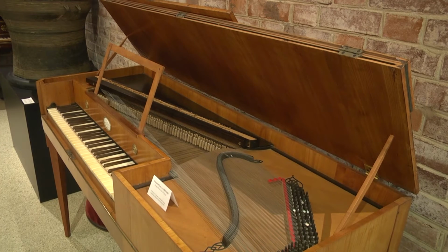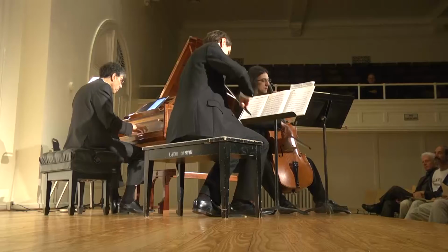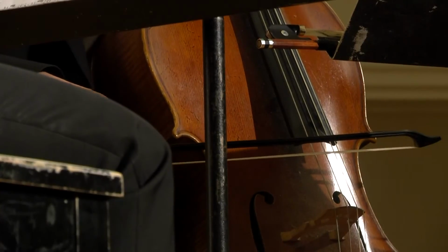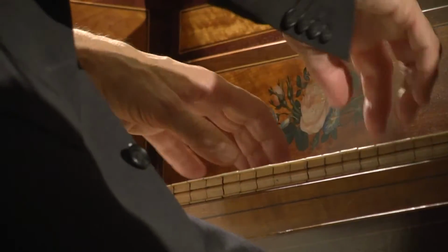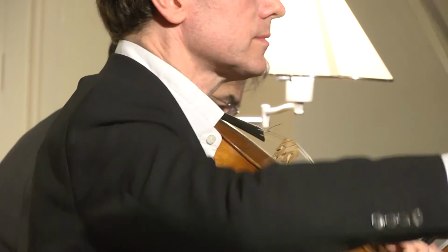The ultimate goal is to have the public appreciate the collection by making it accessible to study or play. It's really important to us that these instruments are looked at and handled and played when they are strong enough to be, because otherwise you just lose so much of the history and they'll just sit here